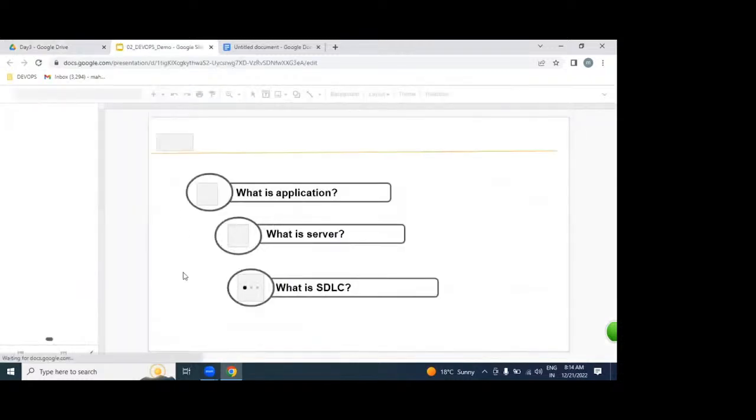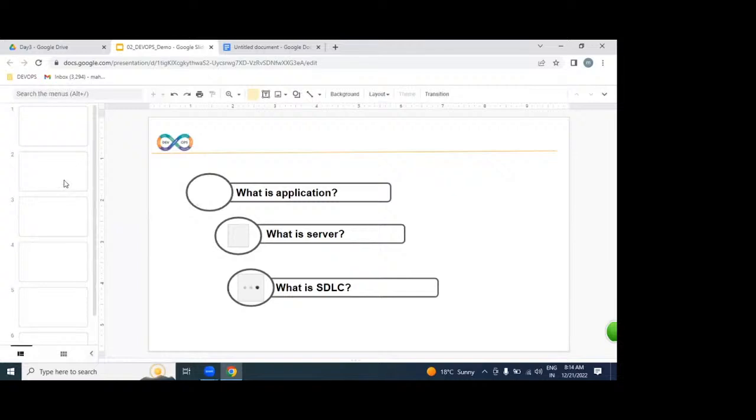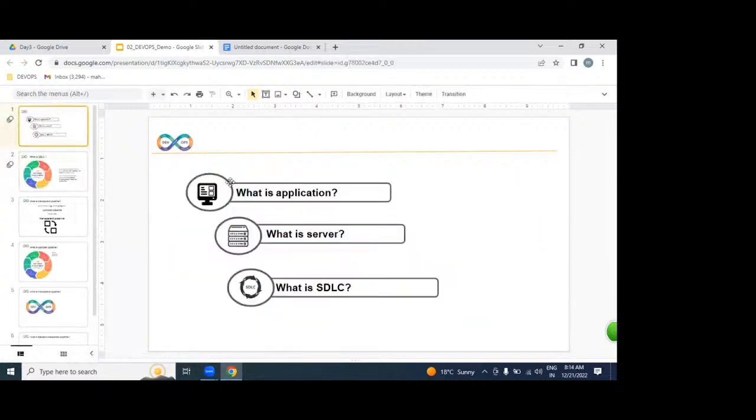So tell me, what is DevOps? Please, anybody help me. You know very well, what is your application? An existing student says application is nothing but a website. The working software, which is written in any programming language, we call as an application.